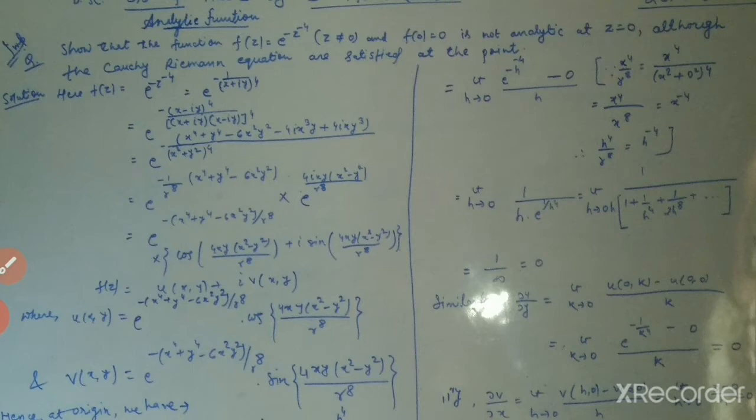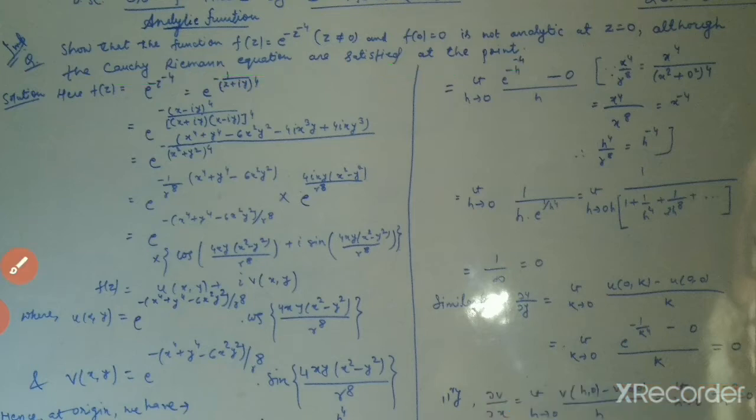at the point. So here we must see what we are going to prove. First, f(z) is given and we have to prove that it is not analytic at z = 0. Second, f(0) = 0 is given and we have to prove that the function satisfies the Cauchy-Riemann equations at the point, that means at the origin. So first we prove whether the Cauchy-Riemann equations are satisfied or not. Thereafter we will prove whether the function is analytic or not. So let us see the solution.